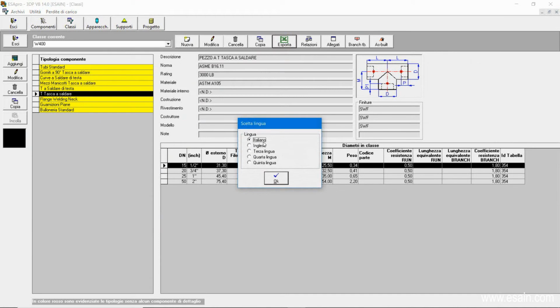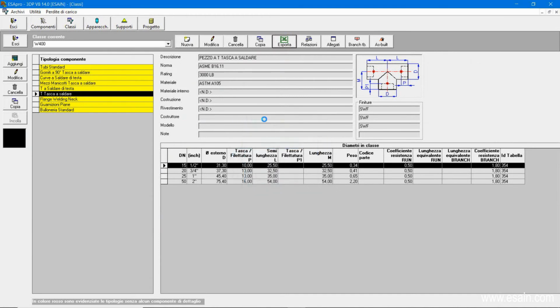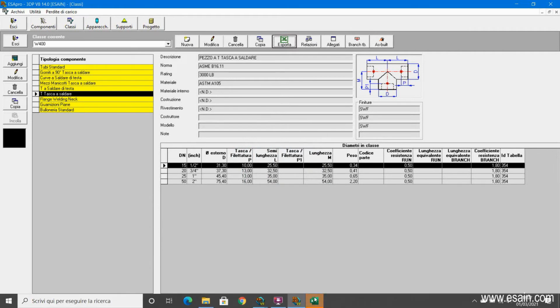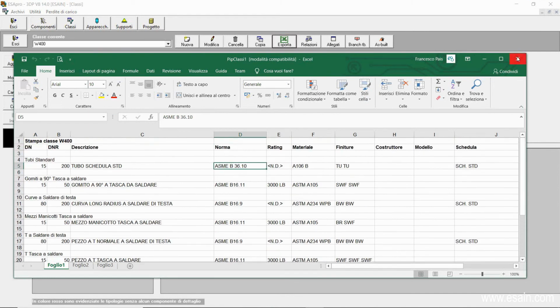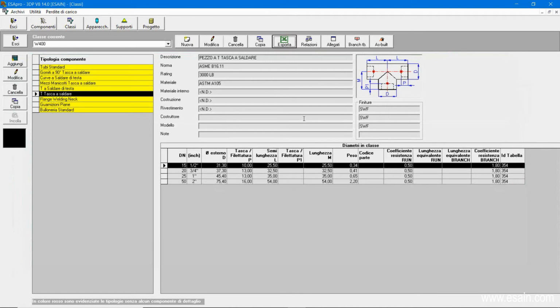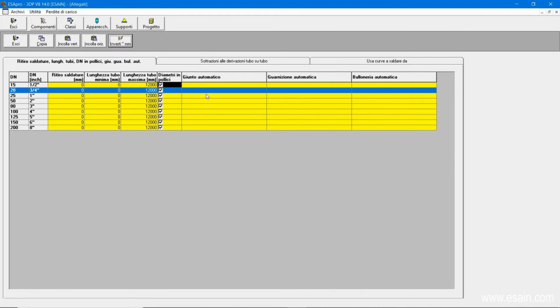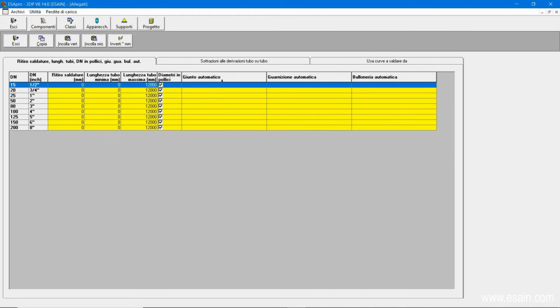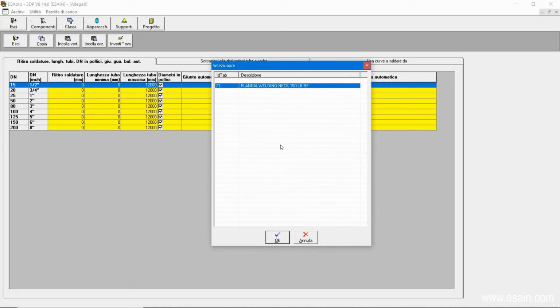Before proceeding, let's give a last check and then create an Excel sheet that shows us all the choices we've made in our specification. This is the list of components we added to the class. In the attachments area, we can go to choose a set of additional rules. For example, if we want to show the nominal diameters in millimeters or inches, or decide what type of automatic joint to apply in case of pipes longer than the commercial length.